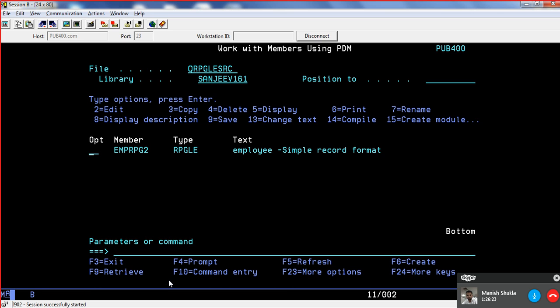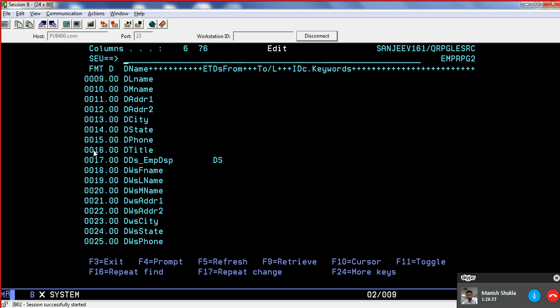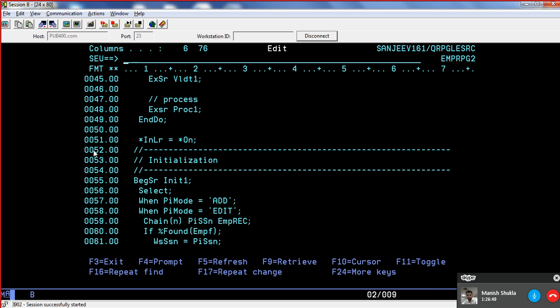Why is it crashing? The reason is the phone number, actually. Because the phone number has a numeric field, and in the display file and RPG we will have a packed decimal and zoned decimal difference. So let me